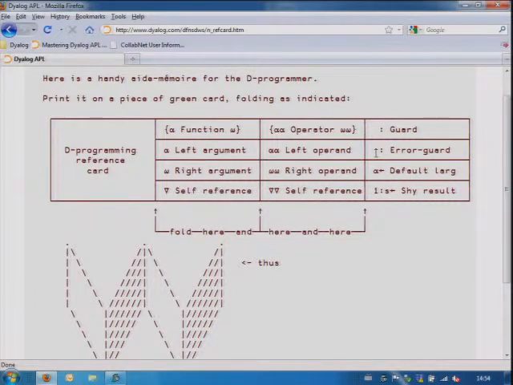And then the final thing is, sometimes, I can't think of an obvious example, but Dyalog has this concept of a shy result, where the main raison d'etre of the function is to produce a side effect, like create a file, and the result may be how big the file is or something, but you don't really want to display that in a session. So what you do there is you have a guard that evaluates to true, and this could be anything that evaluates to true, and the result expression